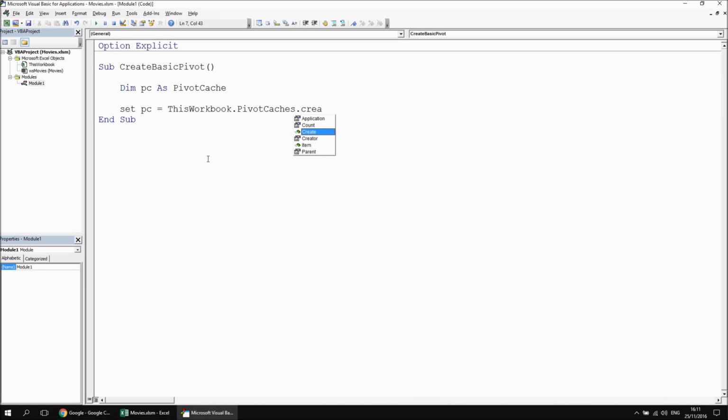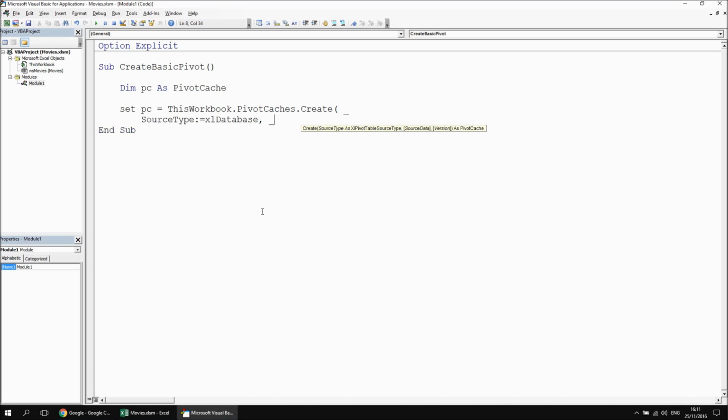workbook.pivotcaches.create. Now there are several parameters to fill in here. There's source type, source data and version. The first one is compulsory, of course, the second two are optional. So just to help with this, I'm going to write this across multiple different lines, and we'll specify the source type by naming the parameter and then choosing the correct one from the list. Now when you're basing your data on a single Excel table, then Excel database is the correct option to use here. Later on when we talk to an Access database, we'll be using an external source. But for now we'll use Excel database,